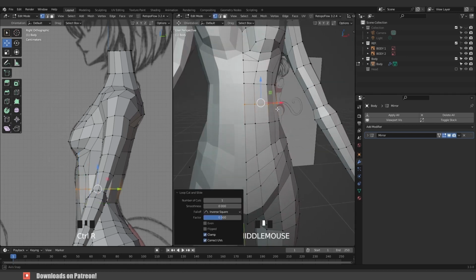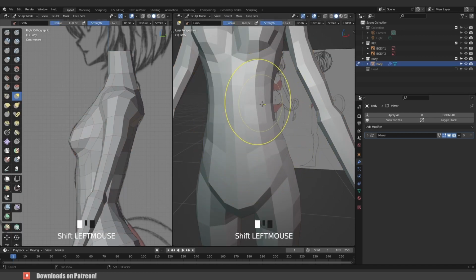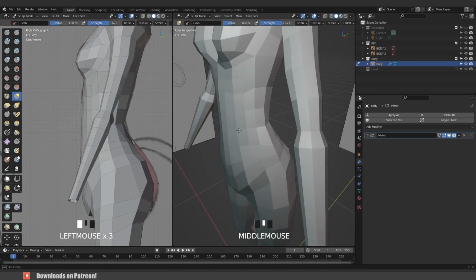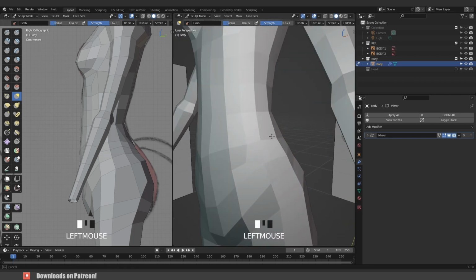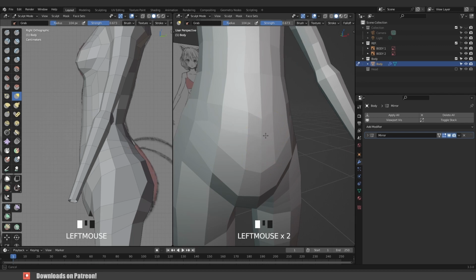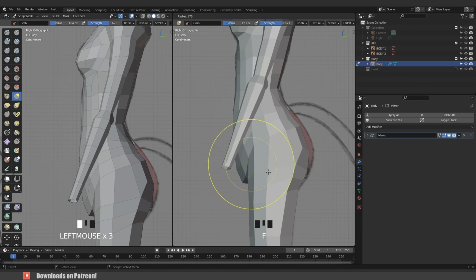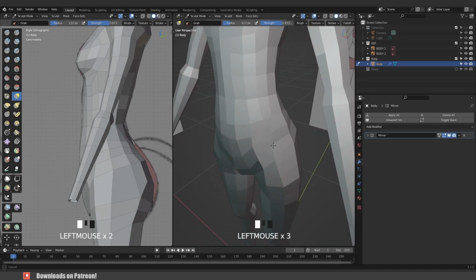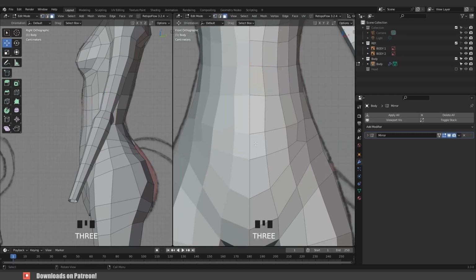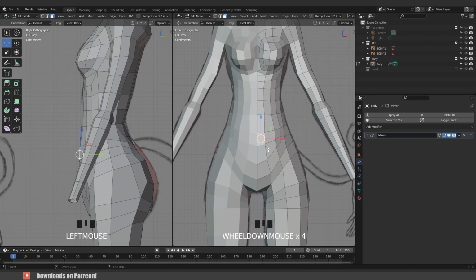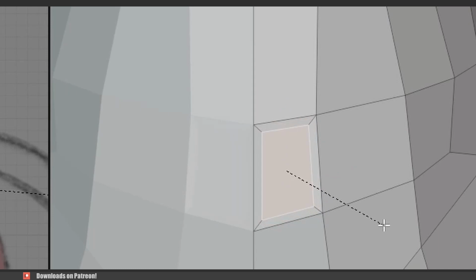Ctrl R and add a loop cut just right there. Go with Ctrl Tab, switch into sculpt mode and try to make some adjustments. In the face select this face, hit I to inset faces, uncheck boundary,